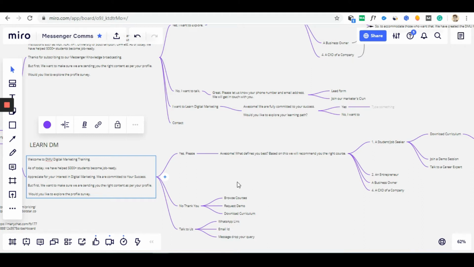It is always recommended as a marketer, you shall know your audience, you shall collect their data. Whenever your audience interacts with you for the first time, in the first touch point, you need to collect their information so that you can get to know them better and send them more personalized message. Whenever you are staying contextual and relevant to what they need, and you're providing them the right solution at the right time, that is when a sale or a transaction or a conversion happens. So you need to know your audience at best. So this is the reason I'm trying to take them through a whole process of survey.